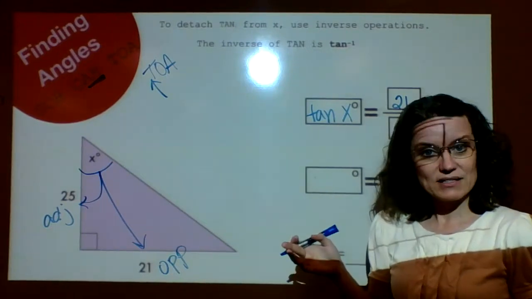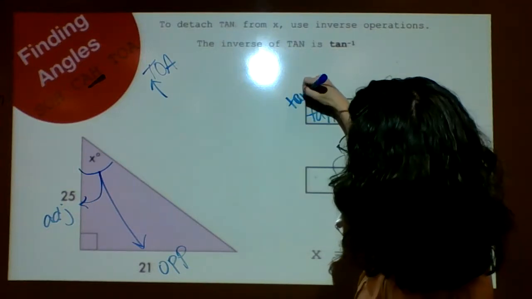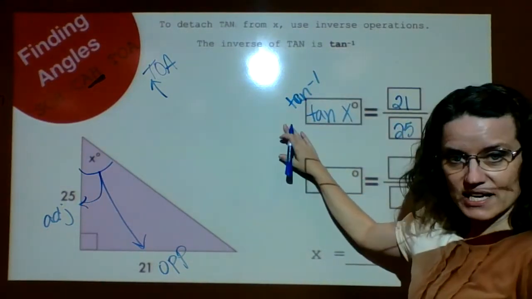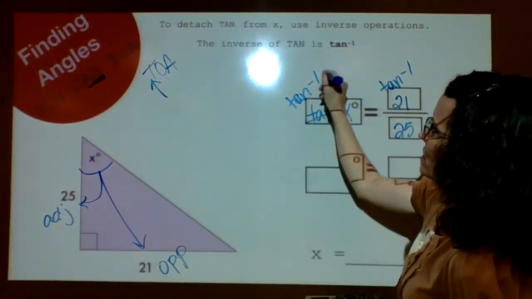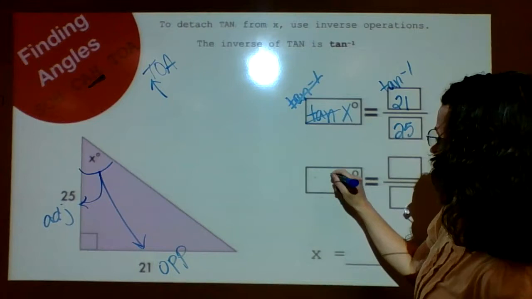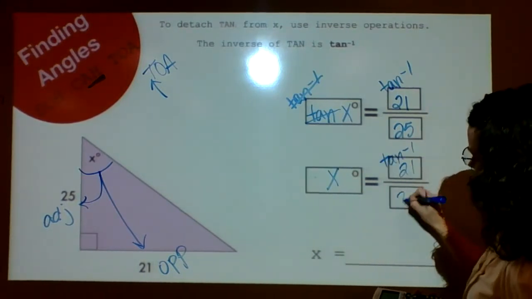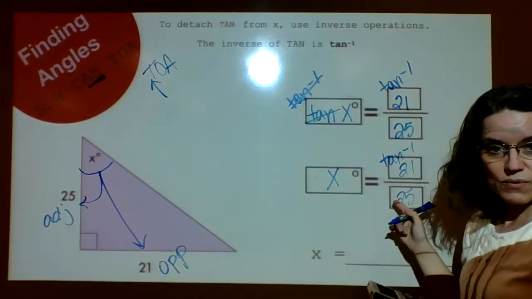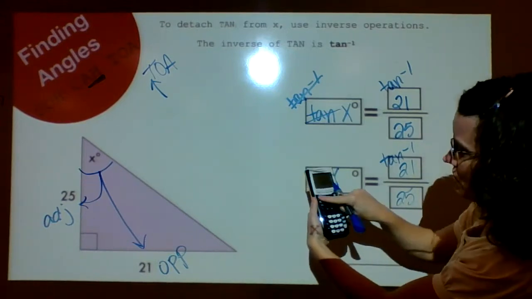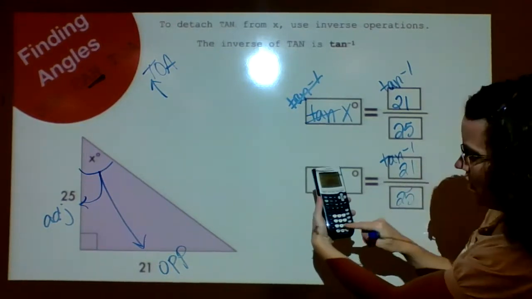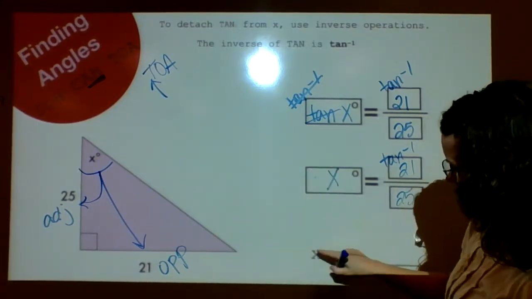but I don't want the tangent of x. I just want x. So to untangent this, I need the inverse tangent. If I inverse tangent the left, I'm going to inverse tangent the right. These will cancel out because they're inverse operations, and I'm left with just x equals whatever the inverse tangent of 21 25ths is. This is where you get your calculator now because you don't know what this is, but your calculator does. And you will go inverse tangent of your 21 25ths and hit enter, and you end up with the x equaling